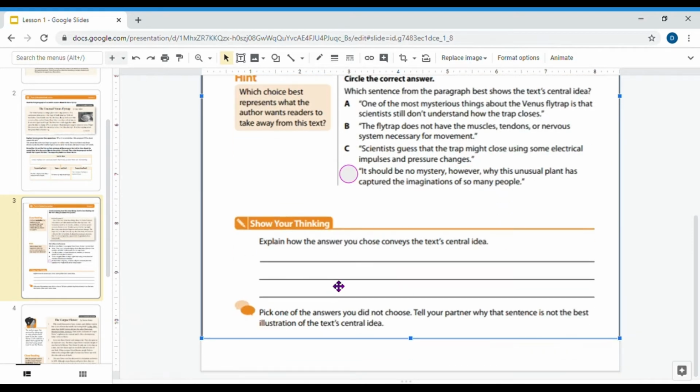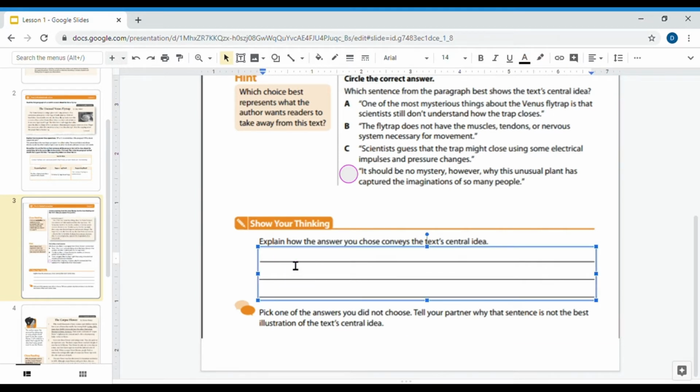And then our last part on the page number 3 says, explain how the answer you chose conveys the text central idea. So you can write down whatever you think, but I'm going to write down, remember, we're going to try writing a complete sentence as always. The answer I chose conveys the text central idea